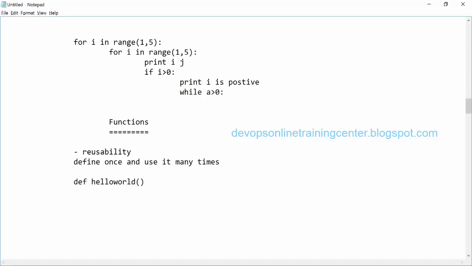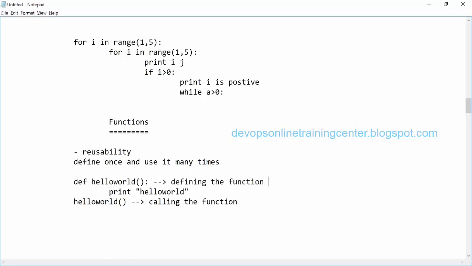This is a function and I define it like this. Again, while defining the function, we need to follow the indentation. Then let us say print hello world. While calling, I can simply say hello world. So this is calling the function and this is defining the function.